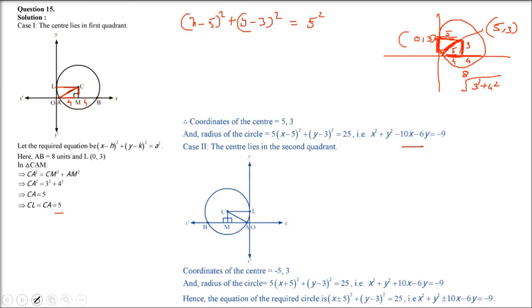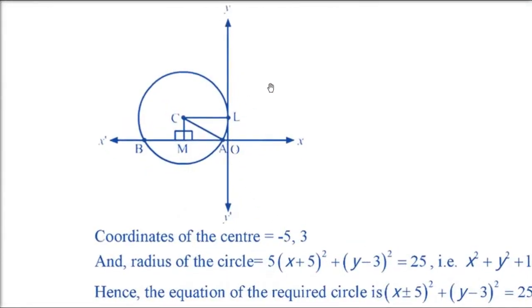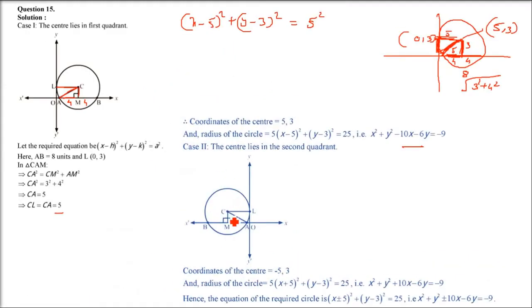And the second part of this, I'm doing it just on the left hand side, because we have to answer both the possibilities. The only change will be, everything remains the same. The y-coordinate will always remain as 3. The x point will change. Because it is on the negative side of the x-axis, it will not be 5 but rather minus 5. So the x coordinate will be minus 5, y will remain as 3. The center will become (minus 5, 3).